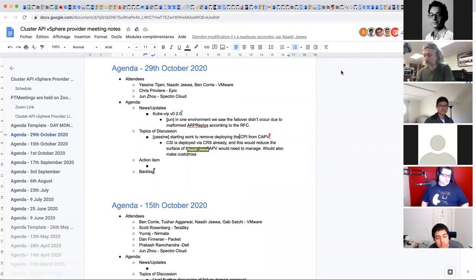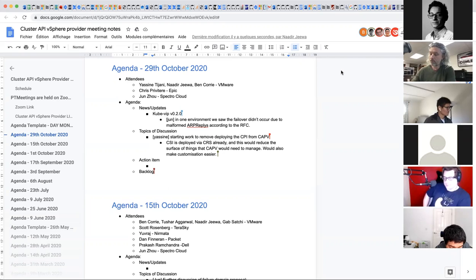In terms of API, the APIs that enable you to deploy the cloud provider and the storage CSI driver are going to stay for v1alpha3, but in v1alpha4, we're planning on removing them. This means that in v1alpha4, you would need to migrate all of your existing templates to use cluster resource set. Obviously, the default templates are going to be updated, so you should be able to sync them and diff pretty quickly to apply the changes.